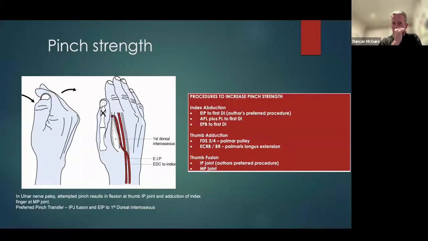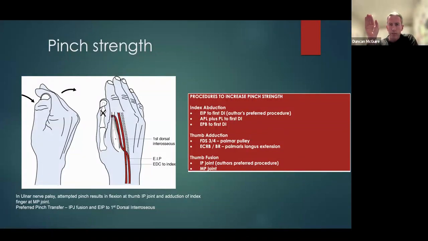So what we do, well, there are various things you can do. So first of all, index abduction. The one that we always do is the EIP to the first dorsal interosseous. But the other options: APL extended with palmaris to the first dorsal interosseous. You can do an EPB to the first dorsal interosseous. And then when it comes to getting the thumb against the index finger, you can use the FDS, ECRB, brachioradialis. The problem with these is they pull the thumb in, which then closes the web space,